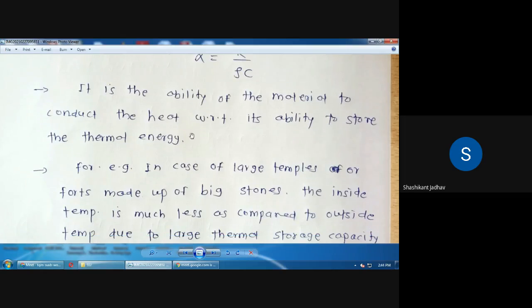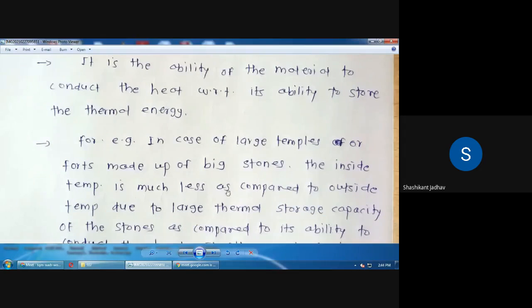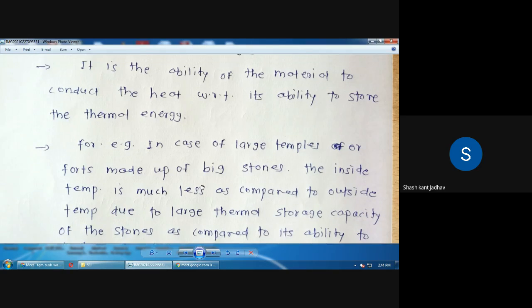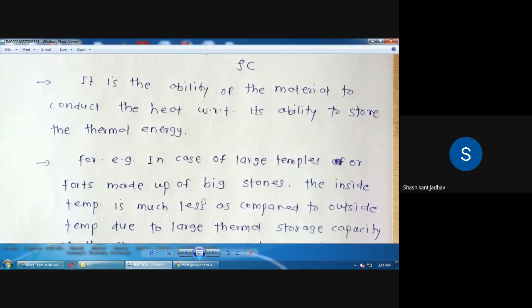सो इन द फर्स्ट एक्झाम्पल तर आता तुम्ही बघितलं असेल. सो मेनी फोर्ट्स आर देअर or so many temples are there. So whatever the stones, big stones are used in the forts and temples, तर त्याची काय असेल सांगा? थर्मल डिफ्युजिव्हिटी काय असेल? कॅन एनीवन टेल मी? व्हॉट अबाउट दी थर्मल डिफ्युजिव्हिटी फॉर दी टेम्पल्स? व्हॉट एव्हर दी स्टोन्स वी हॅव टू युजिंग दी टेम्पल्स अँड दी फोर्ट्स.